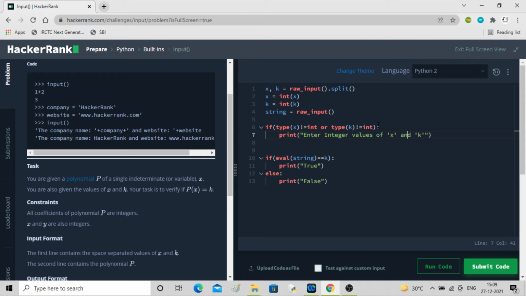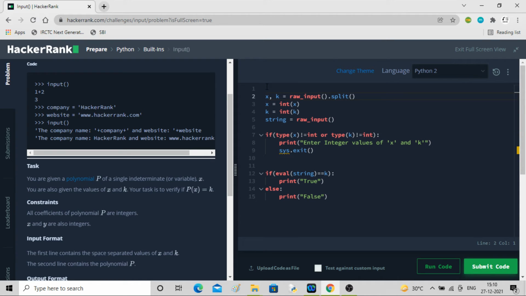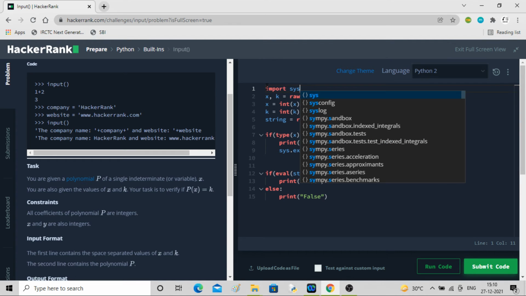This will look okay, and then we stop the program with sys.exit. I'll import sys, right? So this is how it should look.